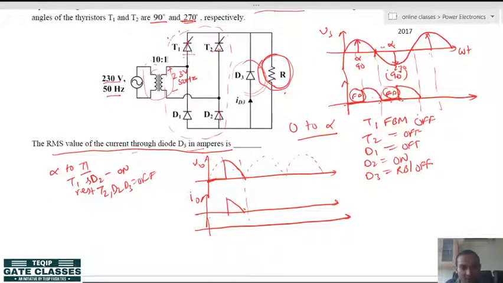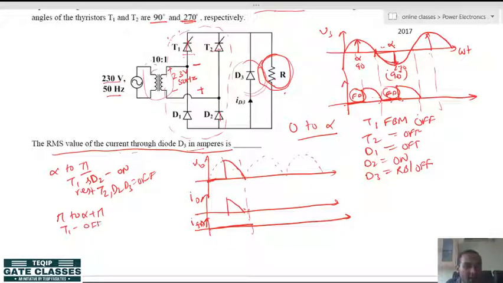So, the freewheeling diode current will also be, in both the cases, from 0 to pi the freewheeling diode is reverse biased, so it will be 0. Now, come to the pi to alpha plus pi duration, means this one. What is happening? The supply has become minus here, plus here. So, what is happening here? This plus here you see, when minus is here, this T1 is off